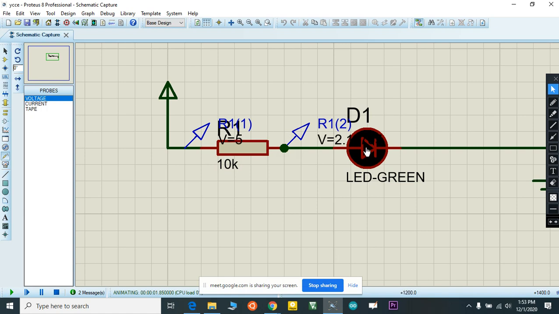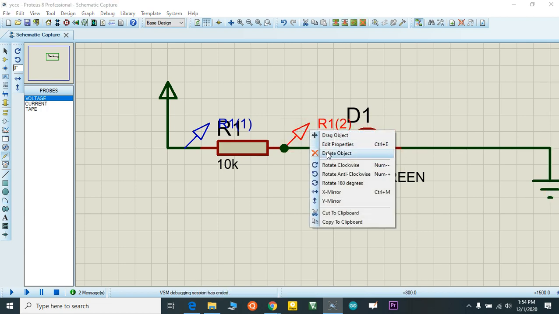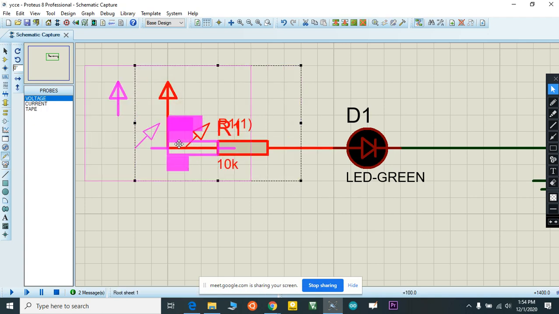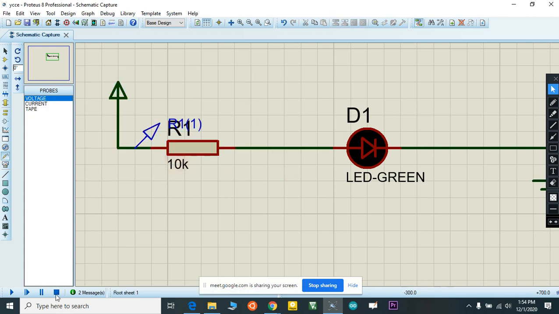It is 5 volt and output is around 2.1 volt. Okay, just shoot. So voltage is 2.2 volt.